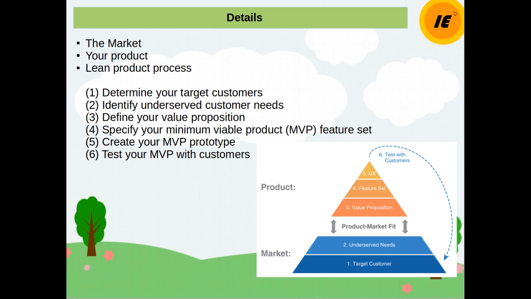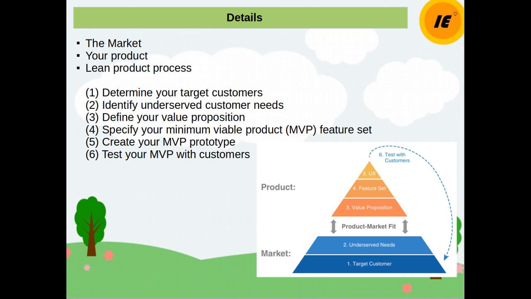The product market fit pyramid separates the market into its two distinct components: the target customers and their needs. The needs layer is above the target customer layer in the model because it is their needs that are relevant to achieving product market fit. As you try to create value for customers, you want to identify the specific need that corresponds to a good market opportunity. For example, you probably do not want to enter a market where customers are extremely happy with how the existing solution meets their needs.